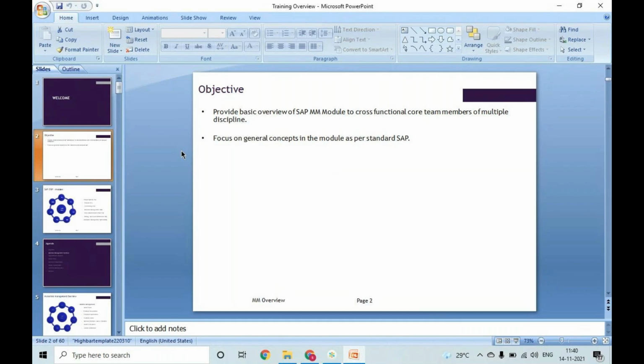ERP is nothing but our day-to-day business. What are the required things that need to be focused on? If you have a business, you will be focusing on the finance part, procurement part, and the sales part. All these things are clubbed together and brought into one integration.